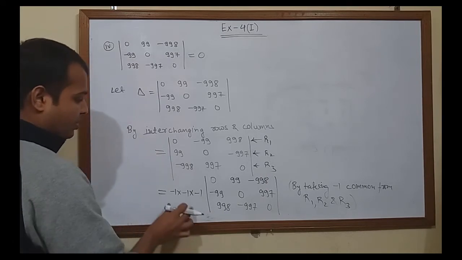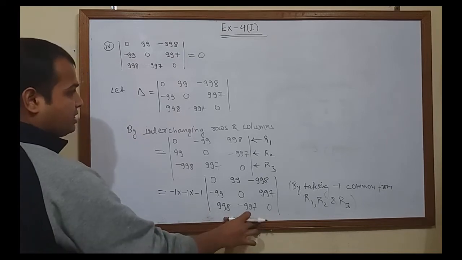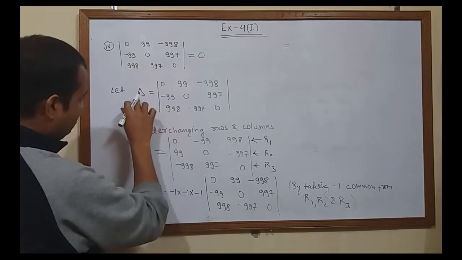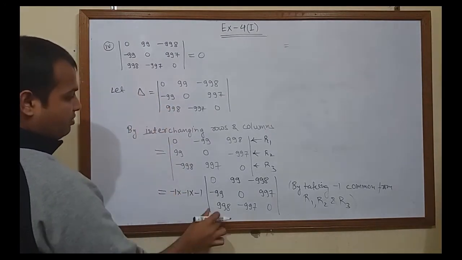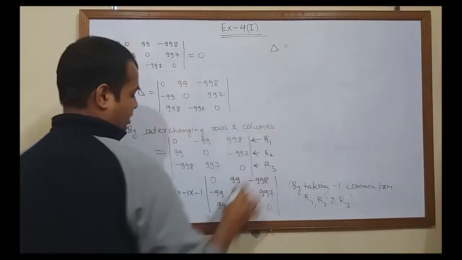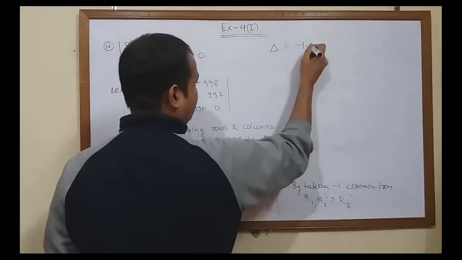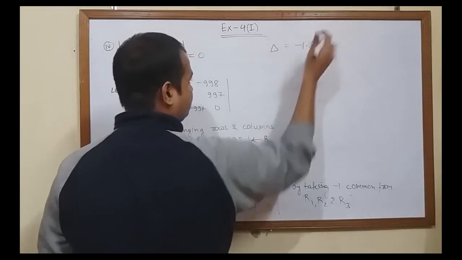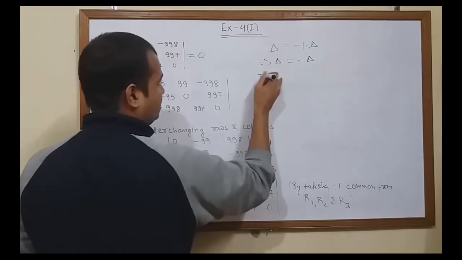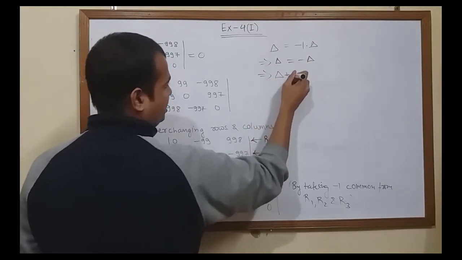So in the next step, -1 into -1 into -1 gives minus, and for this I'll write delta. I'll write this delta because from here only we have reached till here. So delta equal to, for this you'll write -1 and for this whole thing you write into delta.